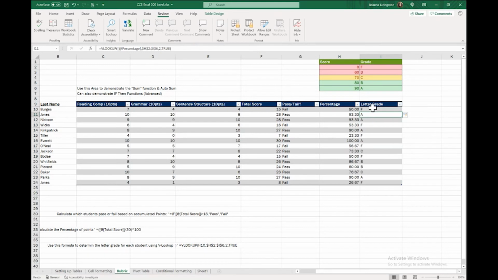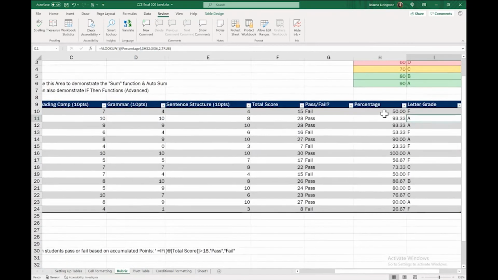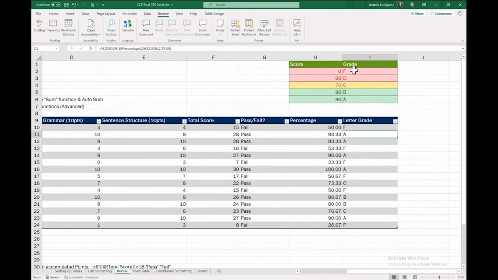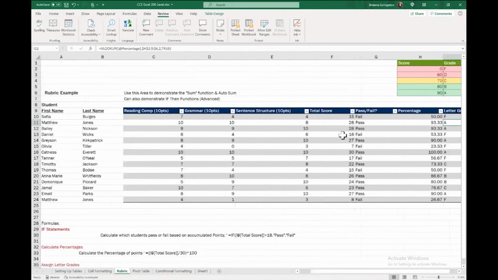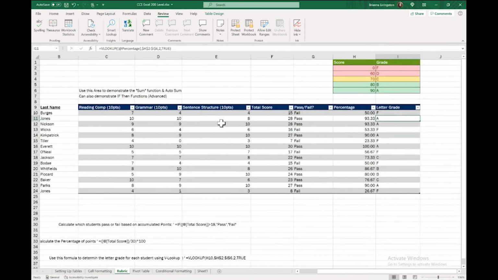And then we go ahead and calculate that, and it gives us our letter grade all the way down the table. Okay. So what it did was take 50%. It looked for it in this column, or really in this whole range, and then it asked us, well, what do you want me to bring back? We want you to bring back whatever matches that from the second column. So that's an F, unfortunately, for Mrs. Burgess. Fortunately for her, she did not pass this assignment.